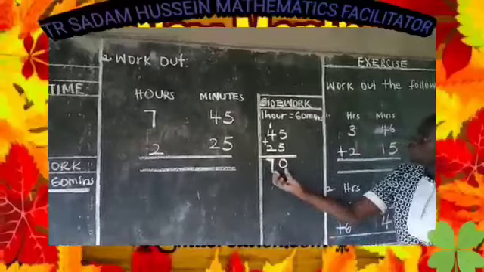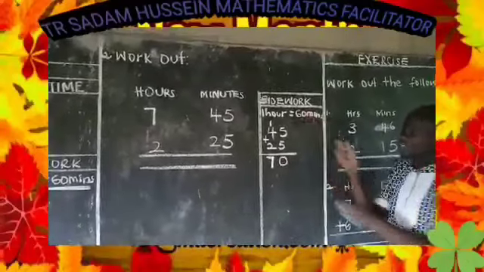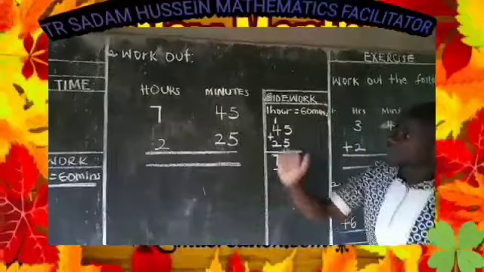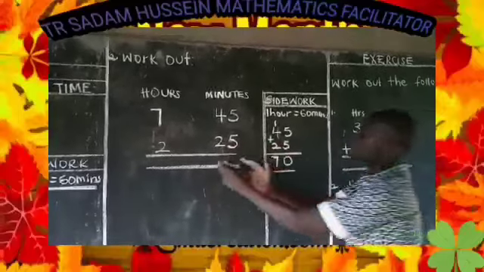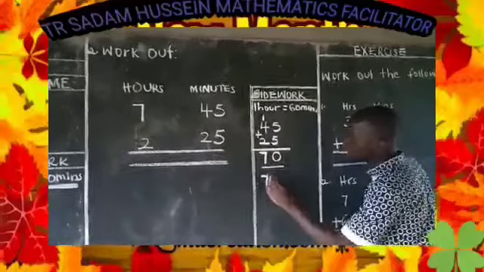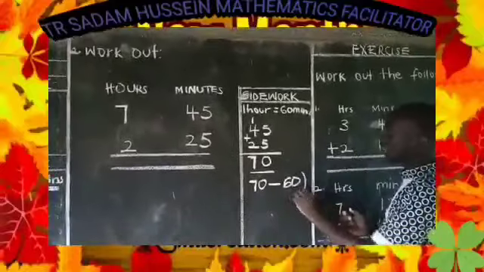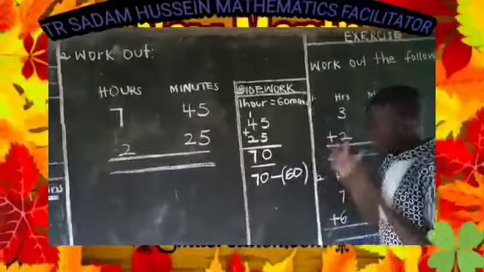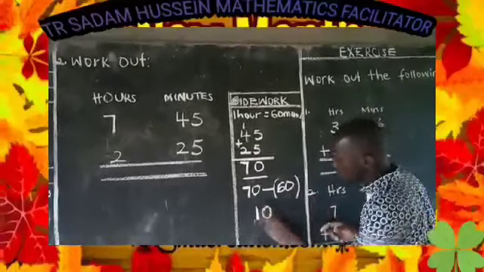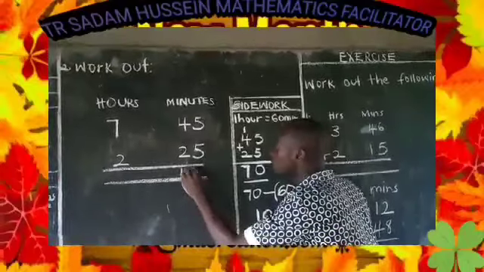Now compare 70 minutes to 60 minutes. You realize that it's bigger. So what are we going to do here? The other time it was less, that's why we wrote 38. But we cannot come here and write 70. What are we supposed to do? You will pick the 70, which is bigger than 60, and you subtract the 60 minutes. What you have subtracted is equivalent to an hour. That is 1 hour subtracted. So what you remain with is 10 minutes. This 10 minutes now is less than 60. You come and write here 10 minutes.